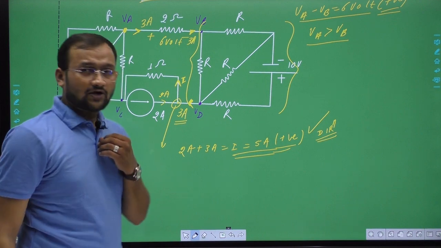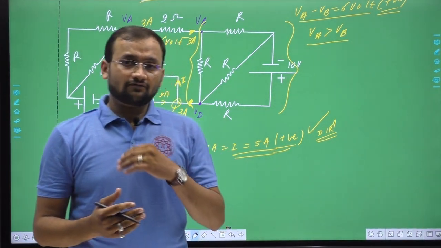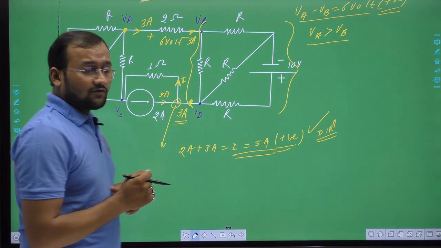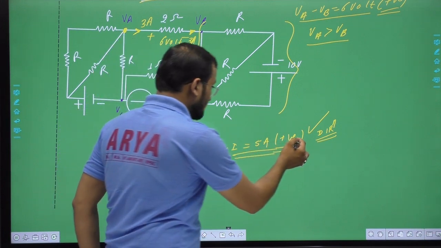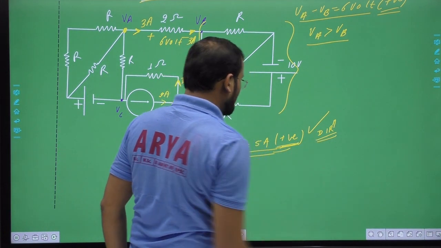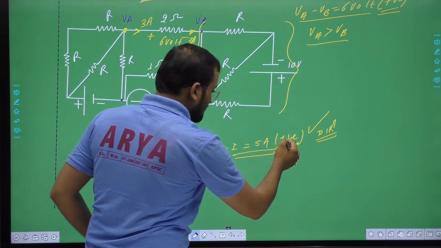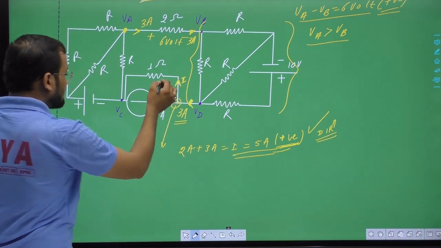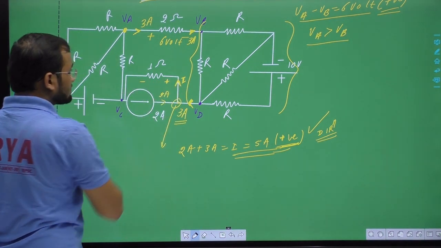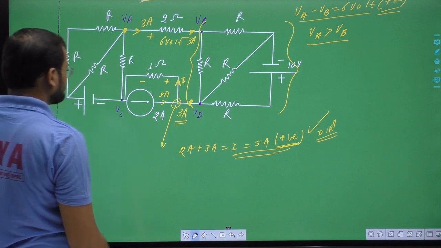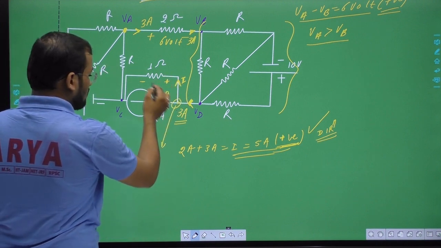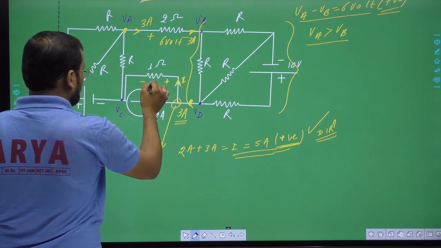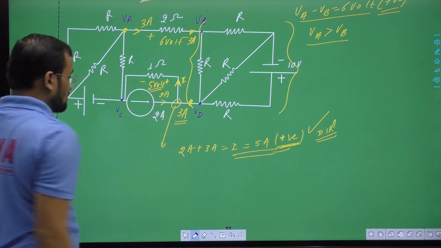So if you want to find the direction of the current, first just suppose a direction of current, and if after solving you find the current as positive, then your sign is correct. Otherwise, if the sign is negative, then you have to reverse your direction of current. As current is entering at this point, plus, minus, what will be the drop here? The current is 5 ampere multiplied, what is the drop here? Drop here is 5 volt.